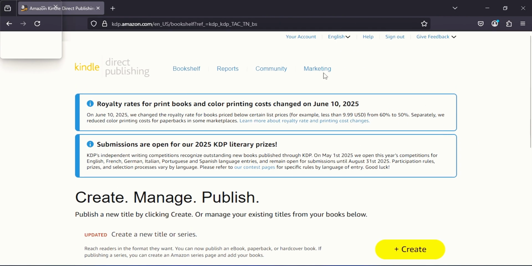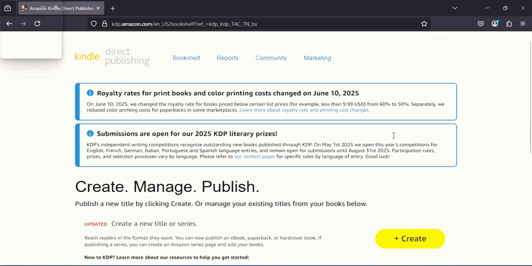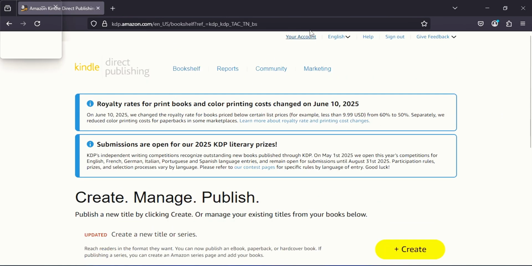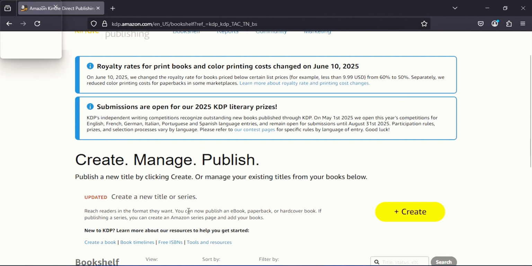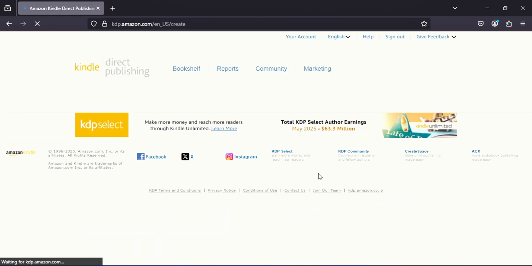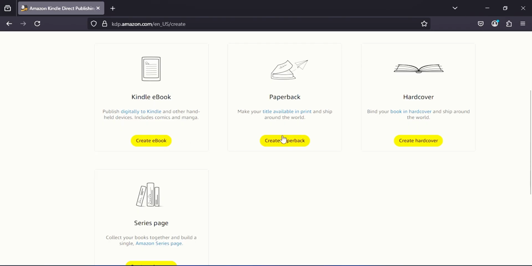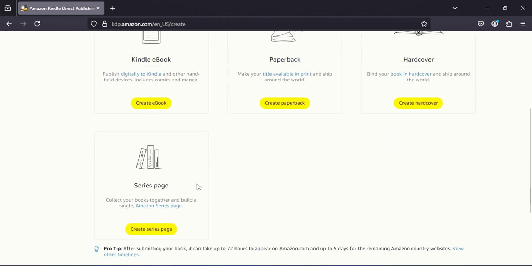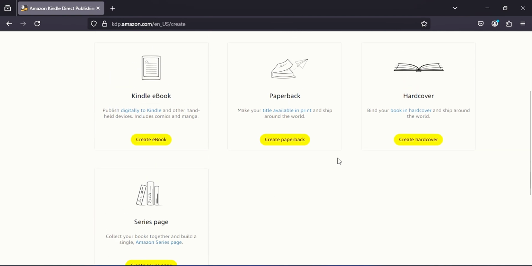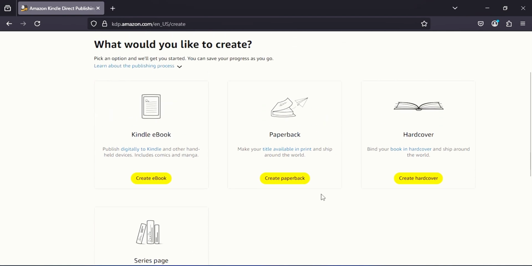So log in to your KDP account, and this is a new one. Log in here, where it says create. You hit on it to start uploading your book. Now here, these are the different varieties of book you can publish. We have the Kindle version, that's the ebook, paperback, hardcover, and series page. So today we are going to publish